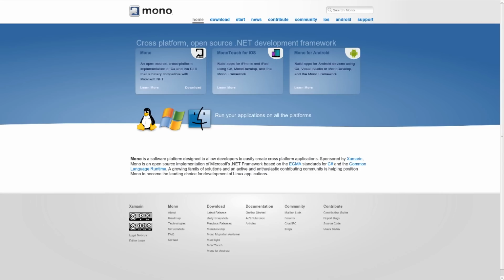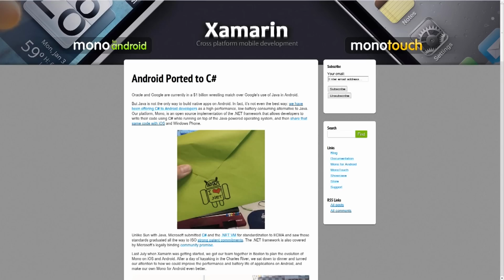And because of that, Google has had nothing but legal problems out of Oracle because Oracle owns Java. Well, with that in mind, Xamarin, the company that's behind the Mono project, which is a cross-platform open source .NET development environment, sat down about a year ago to see what they could do with the Mono project to try to improve Android. Nothing much came of it immediately. However, about 5 or 6 days ago, right at the beginning of May, they decided to go ahead and announce, and open source at the same time, Zobot OS.